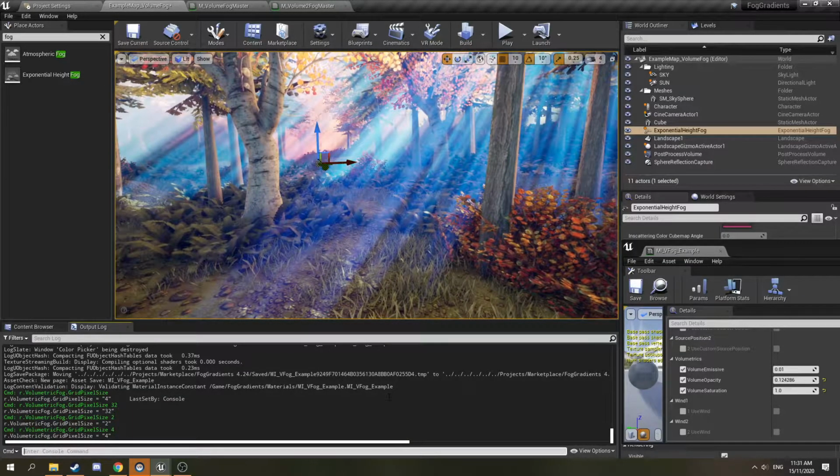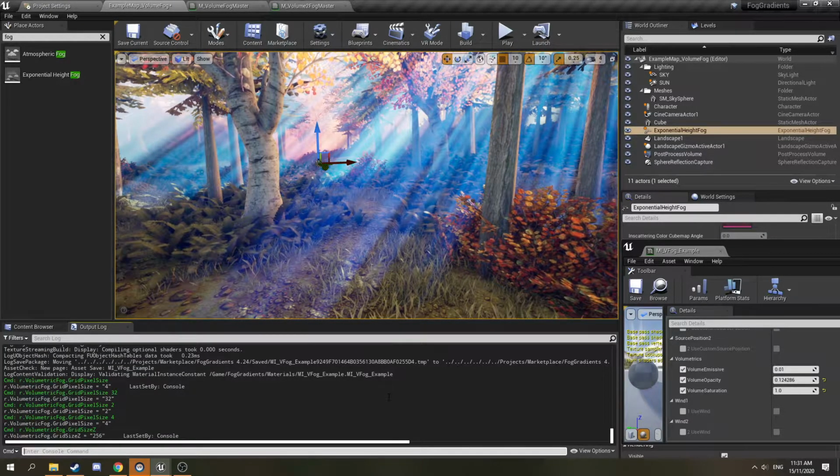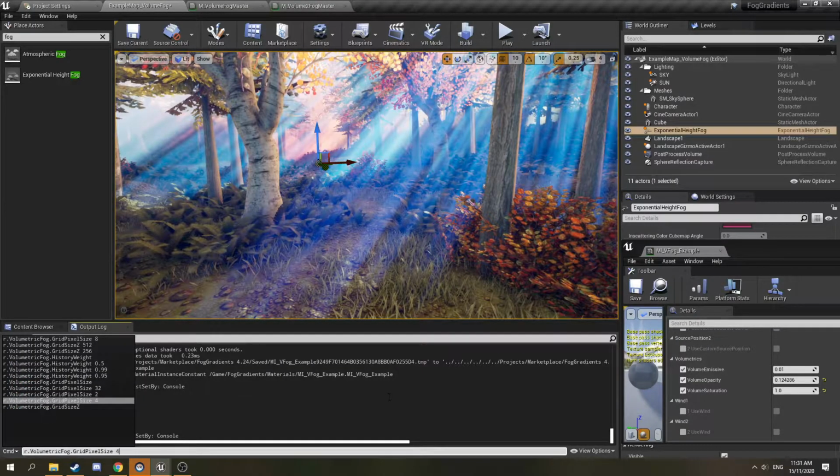But yeah, this is an expensive operation, volumetric fog, and you definitely can't expect to get this on mobile. But if you want to have the extra level of quality on desktop, this is really good. I've also changed the grid size to 256. I believe it was 64 when I started, and I've changed the history weight to